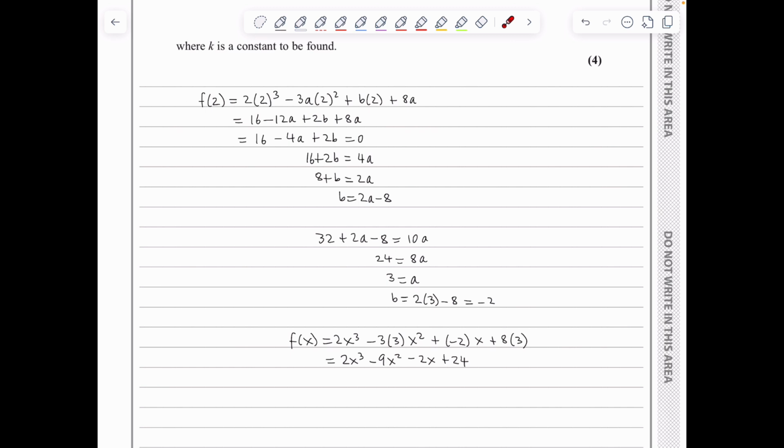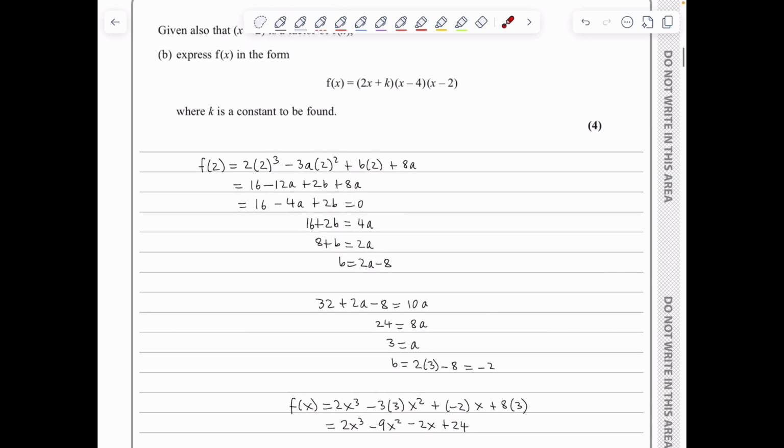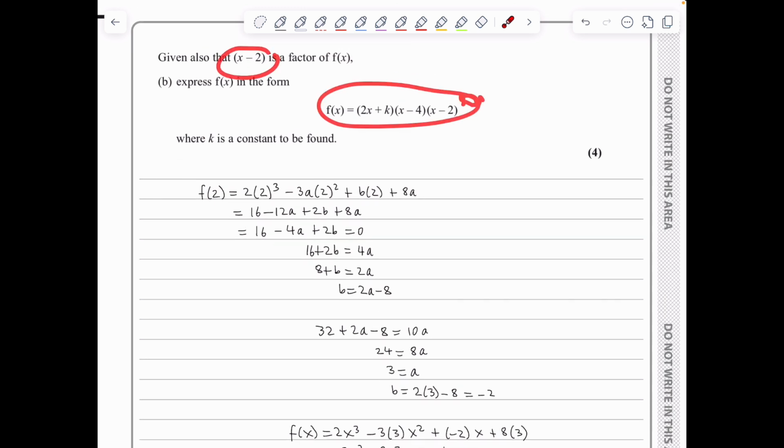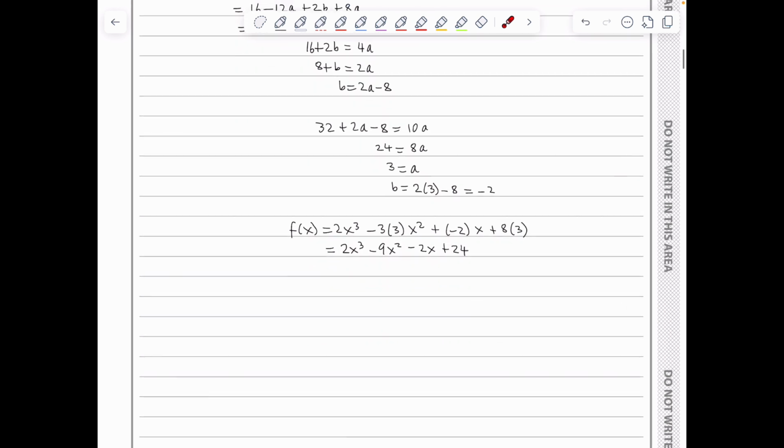Now remember, we're trying to arrive at f of x in this factorized form here. We already know two of the factors. We know that x minus 2 is a factor and x minus 4 is a factor. So if I was to factorize this cubic, I would expect 3 brackets. I already know two of the brackets, so I've got x minus 2 times x minus 4, and I'm missing